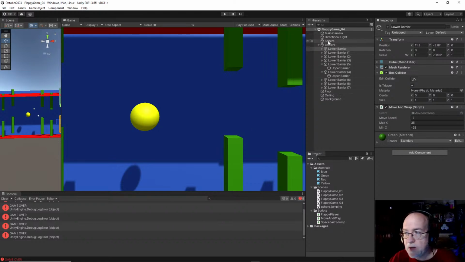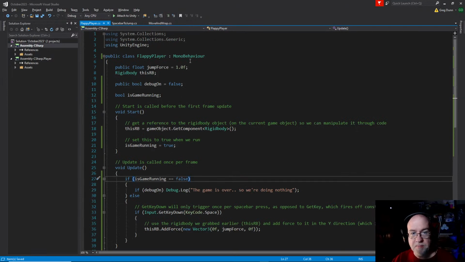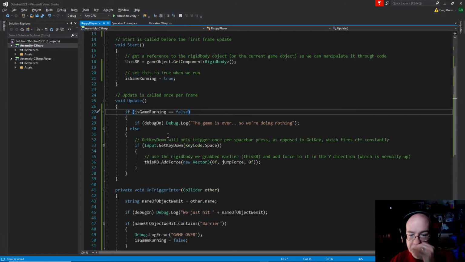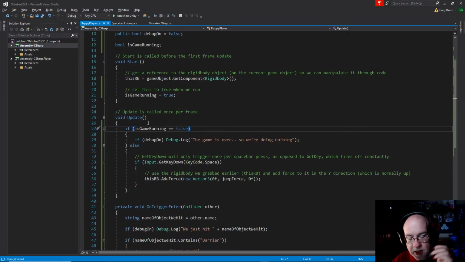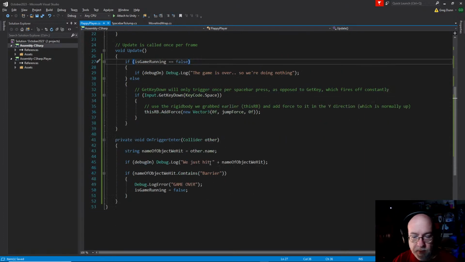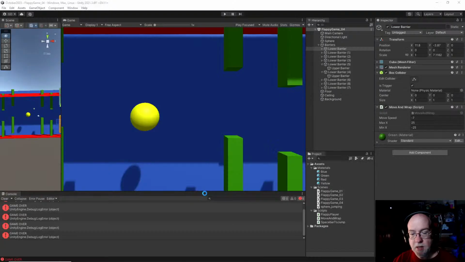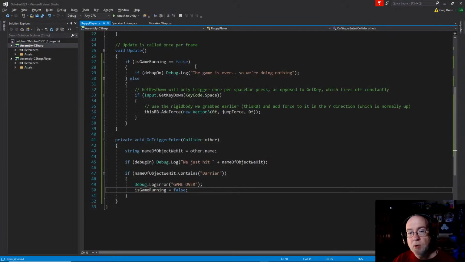And we could even destroy the player, destroy the game object, and so it would go away and things just keep moving. Games in the 80s would do that sometimes. So if we hit a barrier, game's over, right? The other thing I want to do though is what we can do